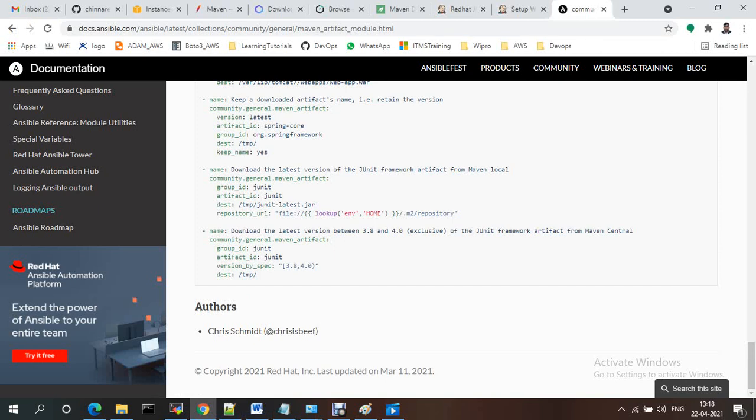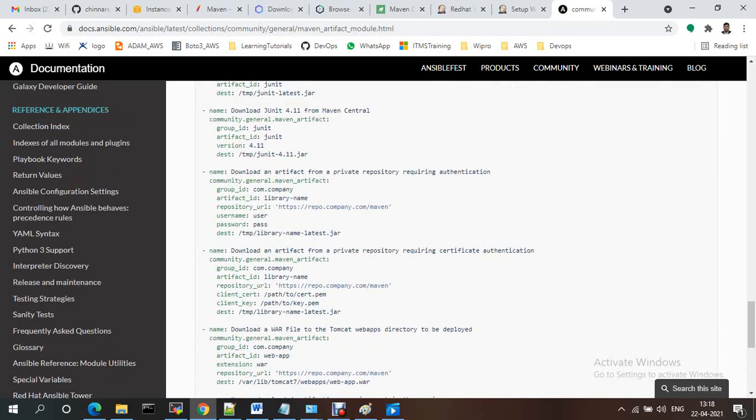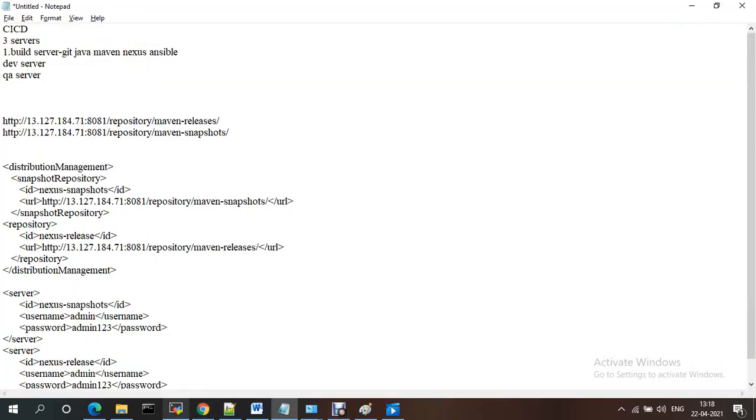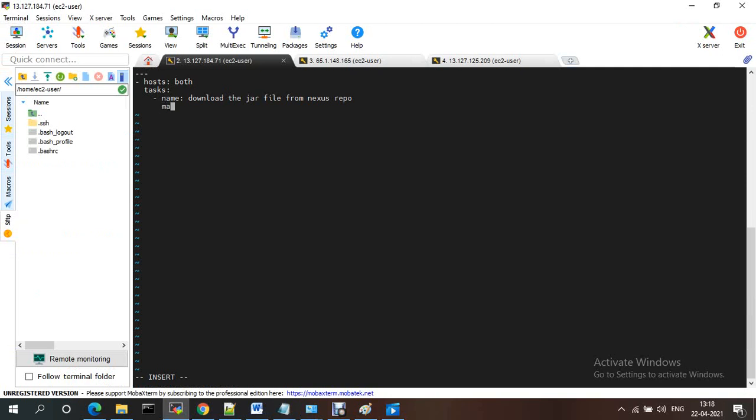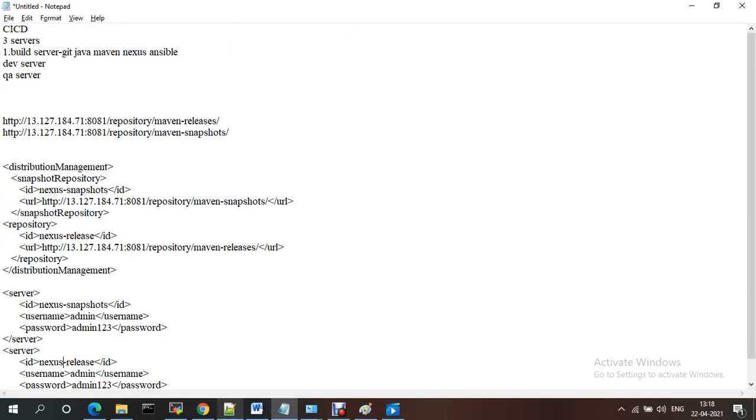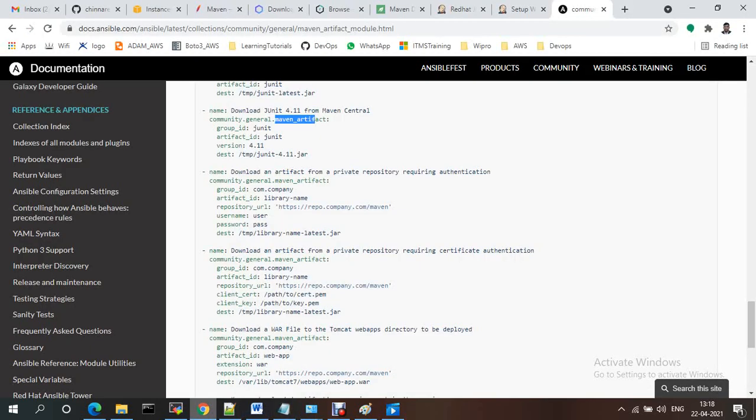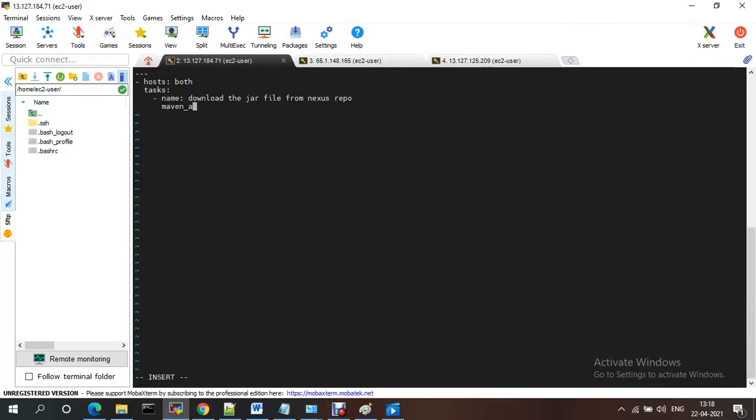Let me copy that: group id, artifact id. It is the community maven_artifact module, so it should be maven_artifact with an underscore.